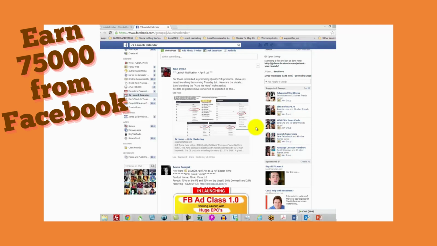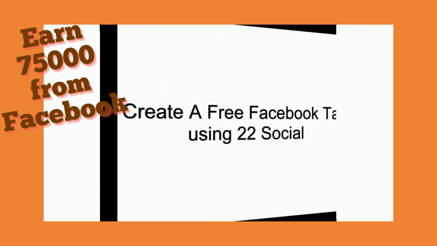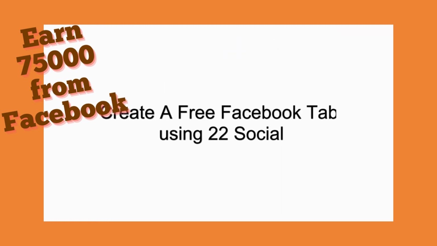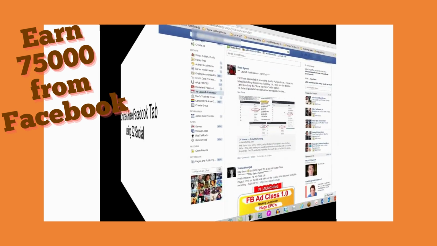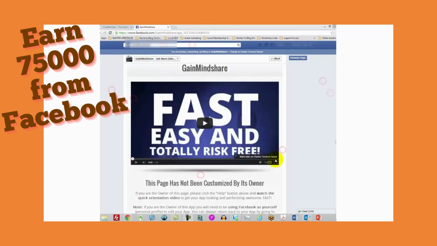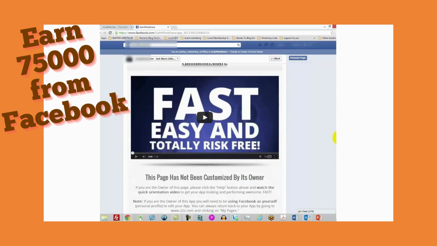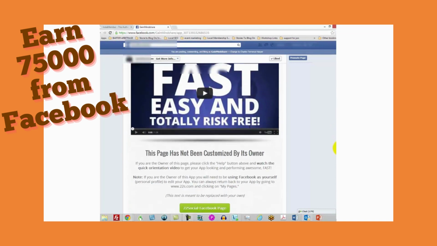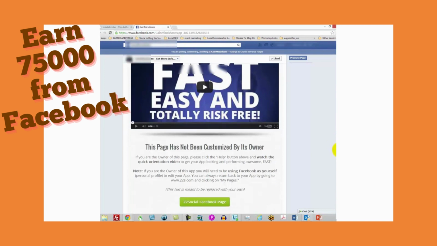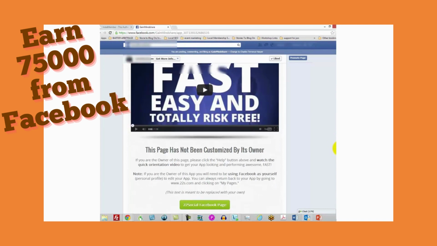Now, there is one more thing that you'll want to take note of here. You can actually add specialized pages onto a particular fan page. The easiest way to do that, there's a free service by a company called 22 Social, and you can just go to 22 Social inside of your Facebook feed, and what you're going to do is set up your page.